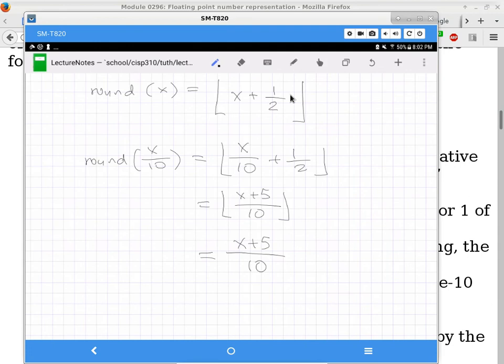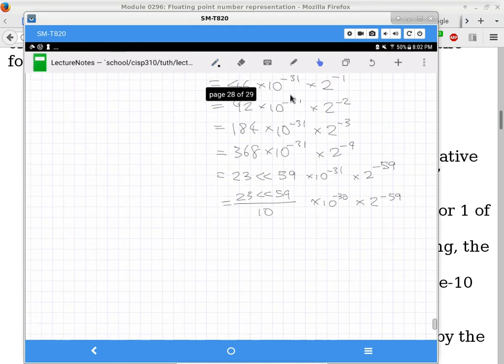Okay. So I'm going to plug this back to whatever we had earlier. Okay. So we'll scroll back to the previous page, which is right here. And this time we just have to remember to add the 5 first, for rounding purposes. Is that okay? So you carry out this math here. Yep. So like with the 23 shift left 59 plus 5, is the 5 being added to the whole result of that? The 5 is added to the shifting before the division.